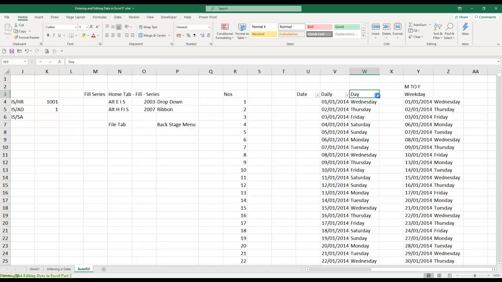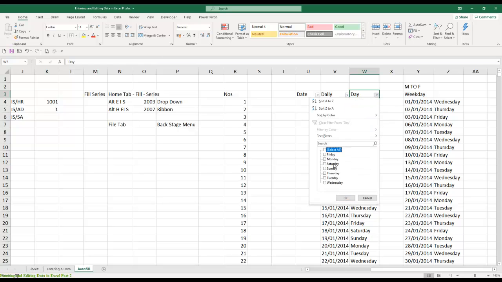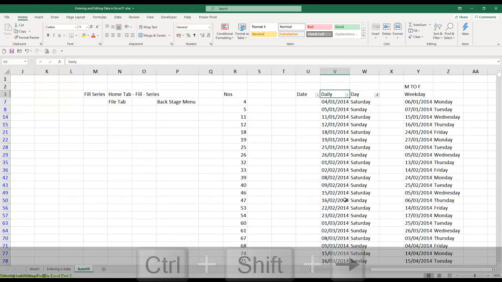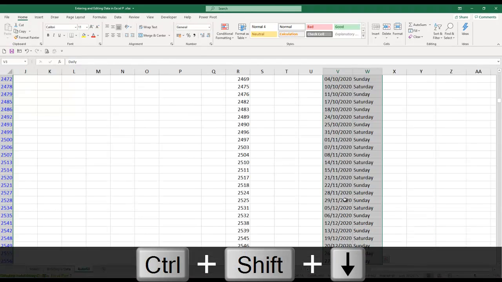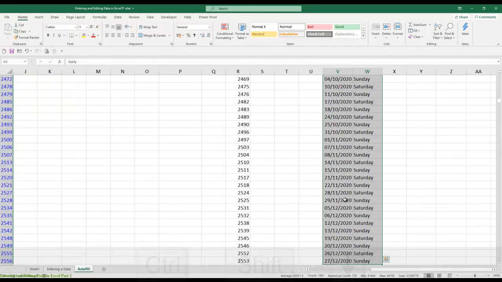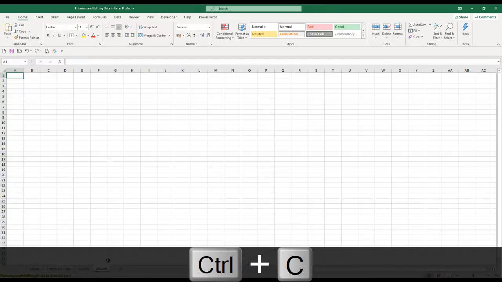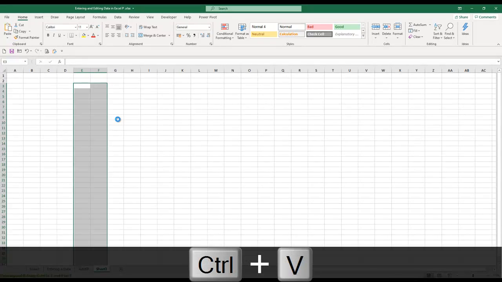So I'm going to just take up this, and Saturdays are ready. So now I want to copy this to another sheet. I'm going to select the whole list, Shift Control right arrow or down arrow, Control C to copy it, add a new sheet to it and paste it here. You'll get all your weekends